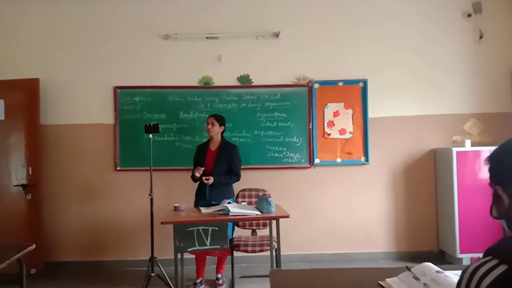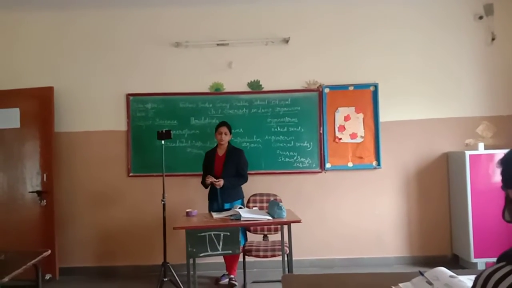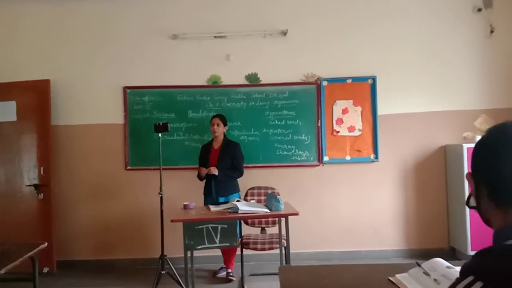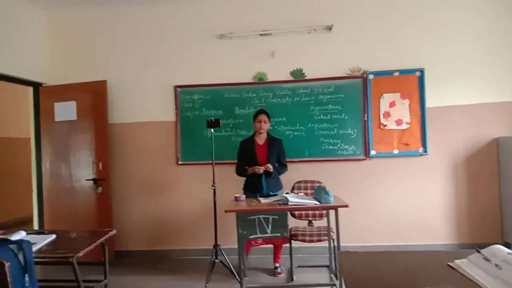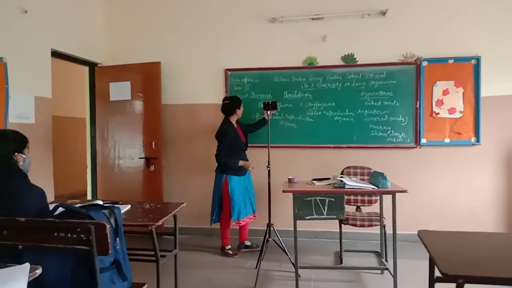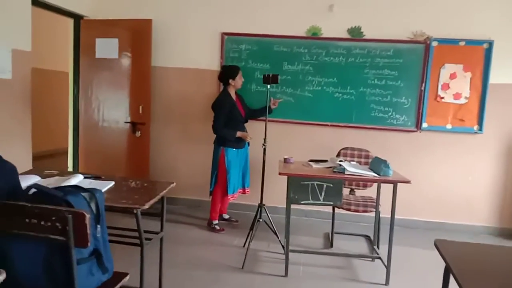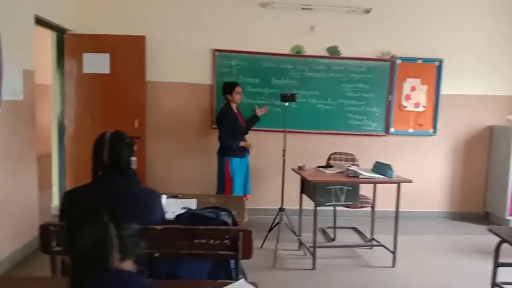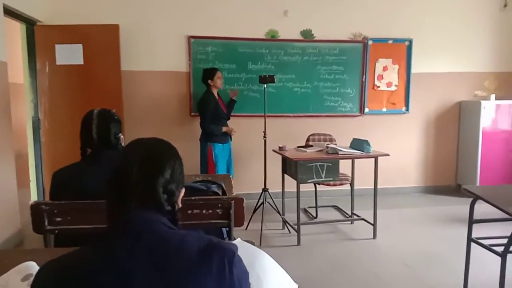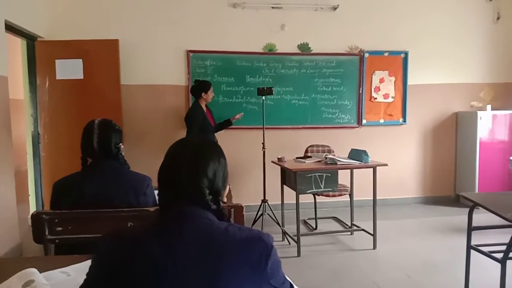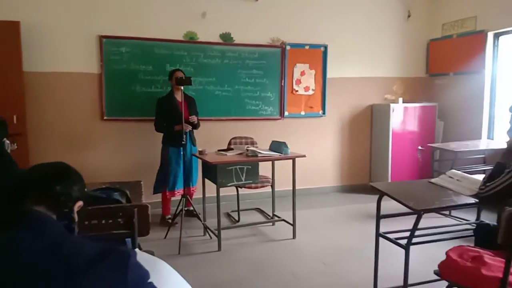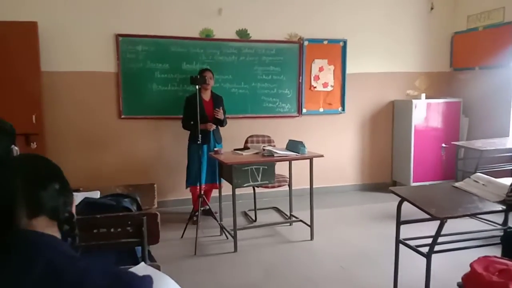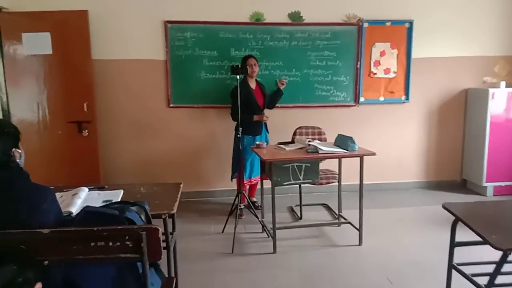The formation of seed and the structure of the seed, in flowering plants and non-flowering plants. So phanerogams and cryptogams, these are the two subtypes. In phanerogams, the reproductive organs are differentiated. The organs which are present in the flower or the plant, we can differentiate separately. But in cryptogams, the reproductive organs which are present in the plants or flowers are hidden.